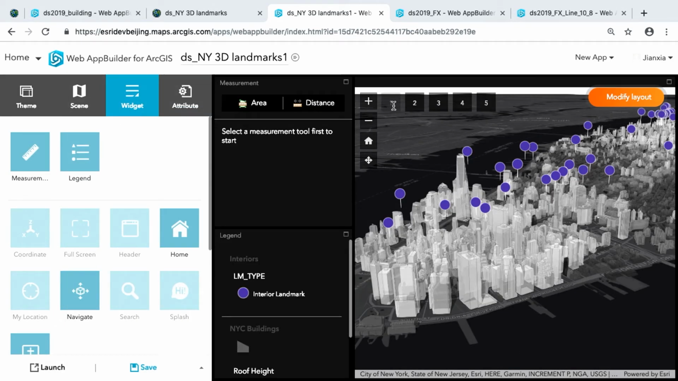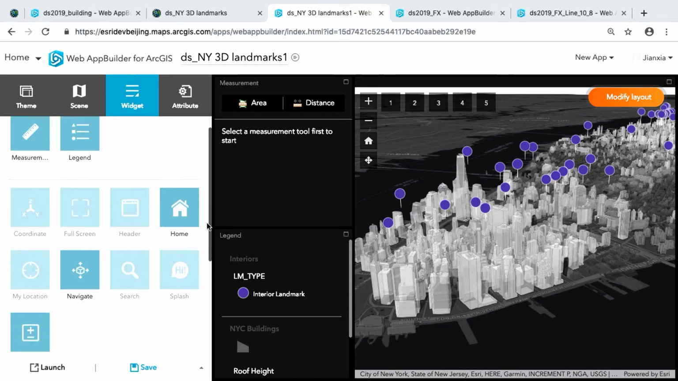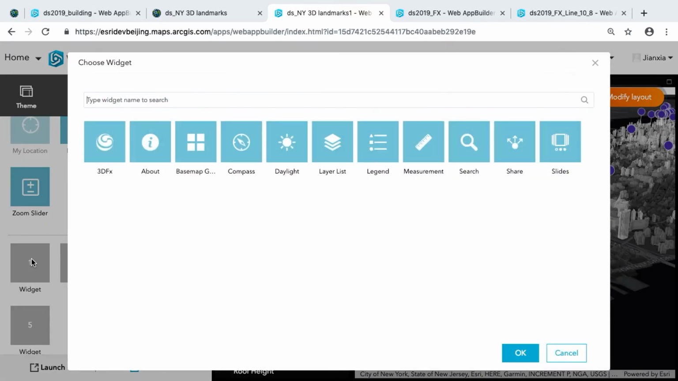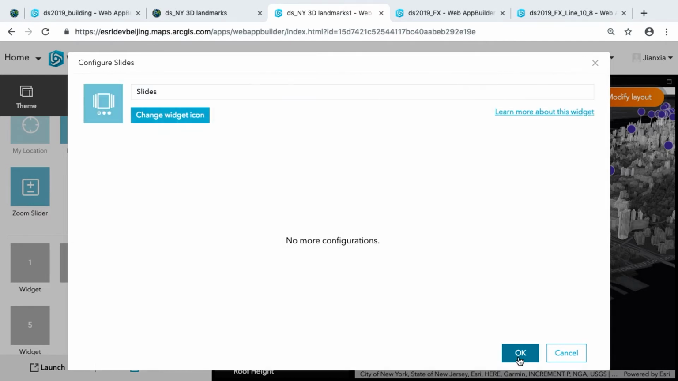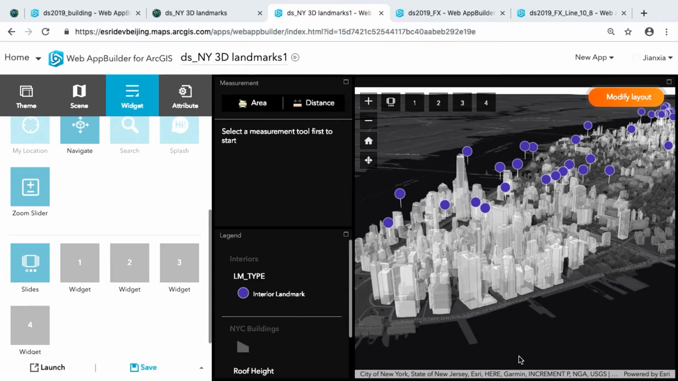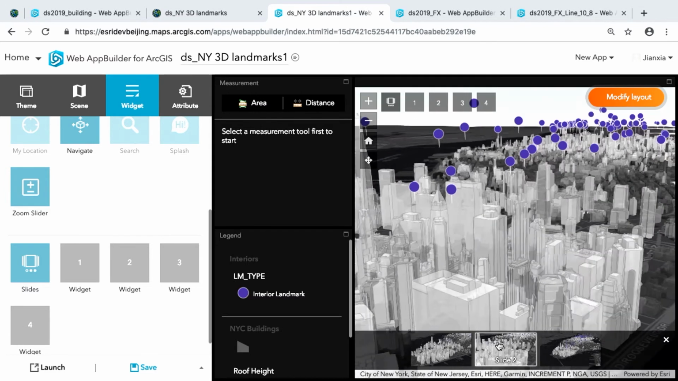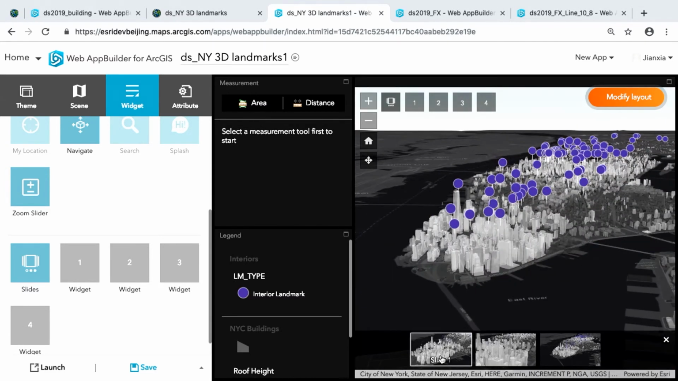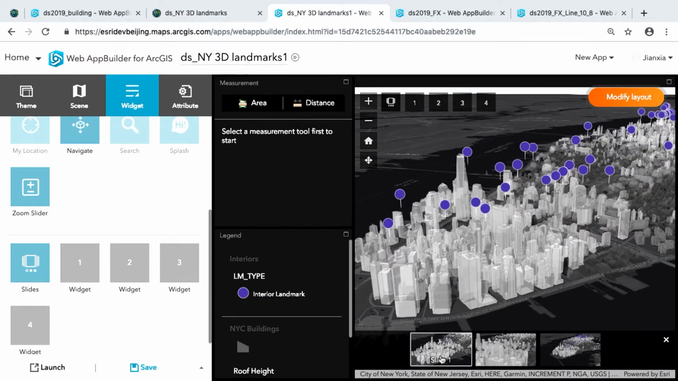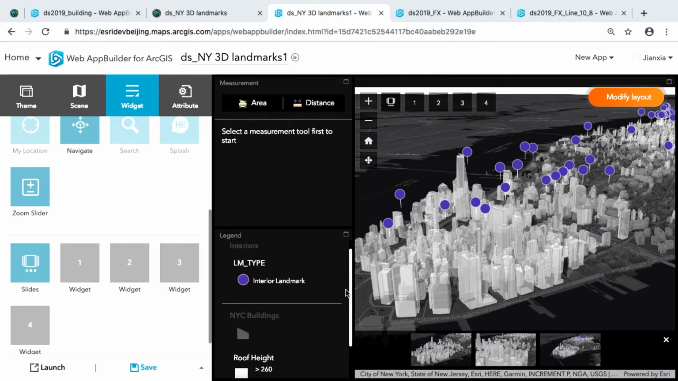Lastly, remember this 1, 2, 3 on-screen widget. I can add something from here called slides. Slides is very similar to the 2D bookmark, spatial bookmarks. So if I go here, just slides, that's just a different view of the scene. So here I already have my legend, and I want to measure